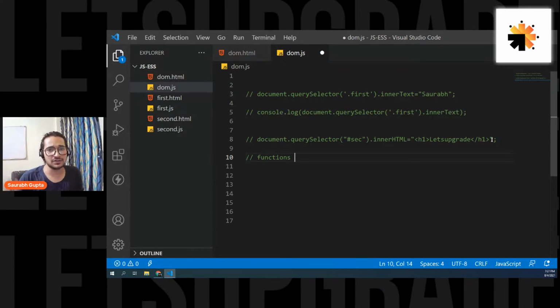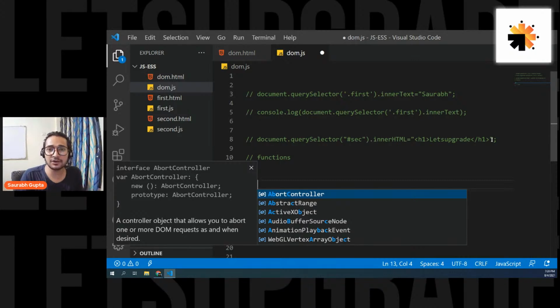So now, guys, the next topic that I want to teach you before moving on to DOM manipulation is functions. Instead of using time, I'll directly tell you what a function is. A function is nothing but a block of code, something like this. It mostly has a name, like ABC.